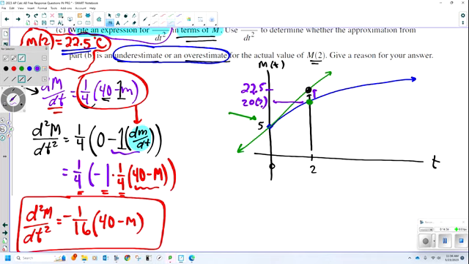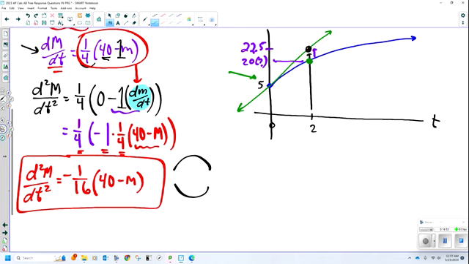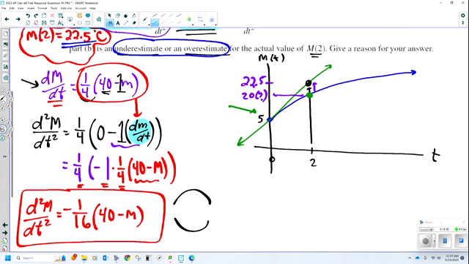But they want us to use the second derivative to kind of explain it. Second derivative talks about concavity, children. That's right. That means it's either going to be concave down or concave up. This is always going to be concave down. How do I know that? If we look at the original problem,